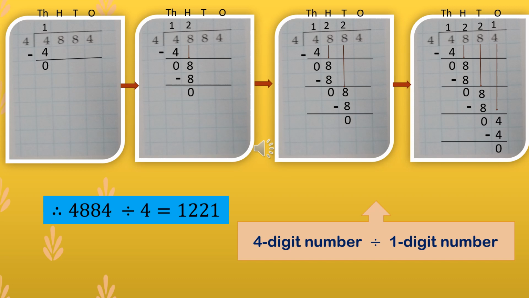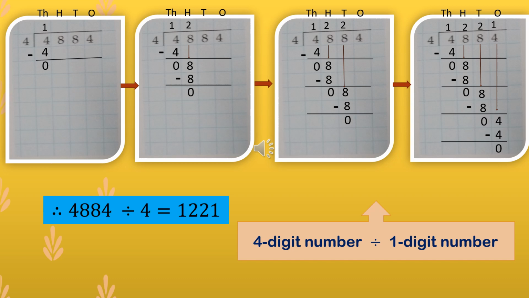Now in this step we will bring down the number which is at the tens place. Again it is 8. Okay. So we will bring down this 8 which is at the tens place. Now again 8 divided by 4, that is 2. 4 twos are 8. So 2 we will write at the quotient place, and 8 we will write just below the number 8 which we have taken down. Now again we will subtract. So 8 minus 8 equals 0.